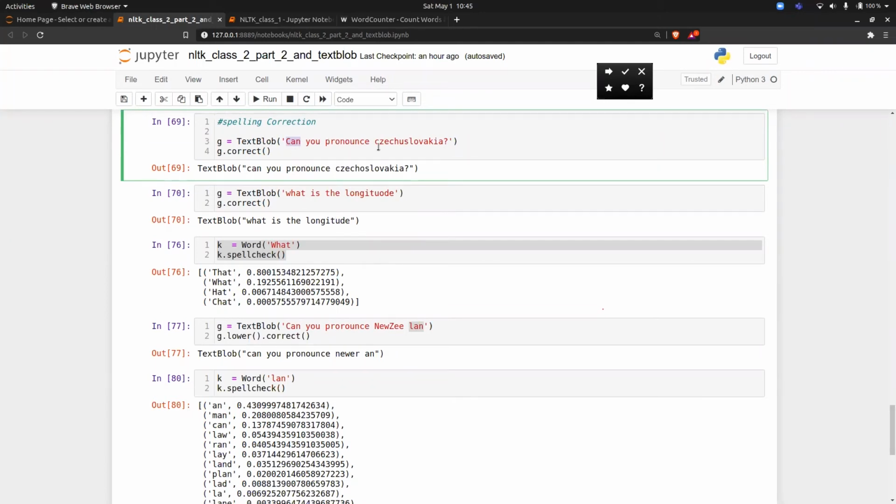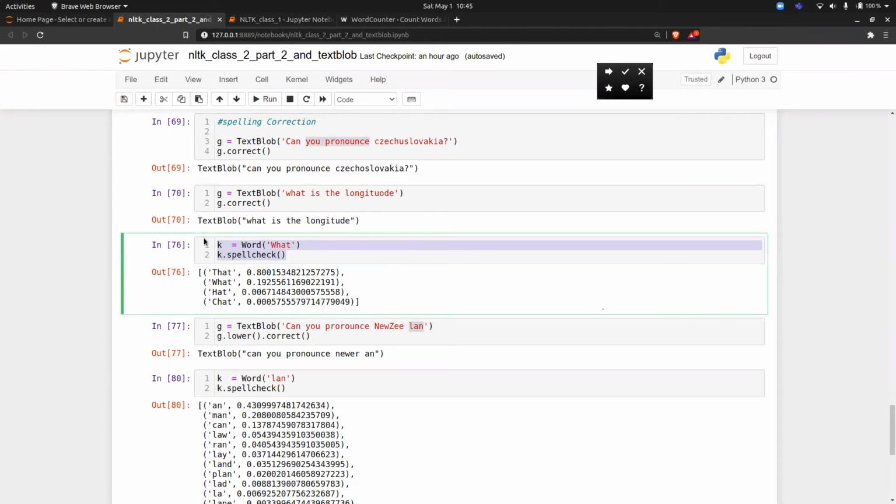If you type "Penny's, my name is. I love to play Czechoslovakia", then also it will try to correct only each word. It will not try to correct the sentence. So yes, spelling correction and spell check is clear to everyone. Now you can create a number of applications with the help of spell check and spelling correction also.